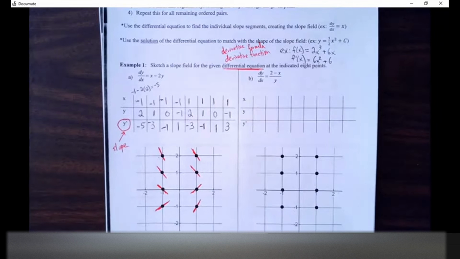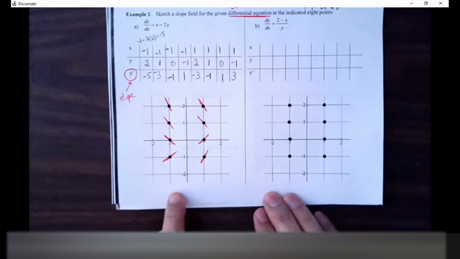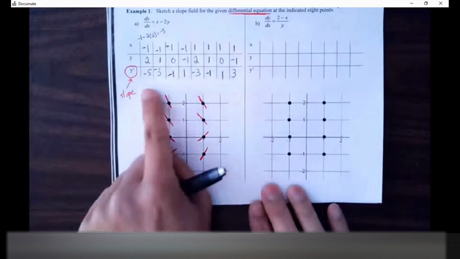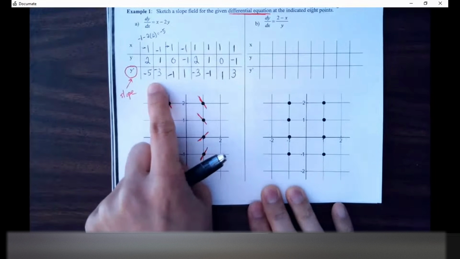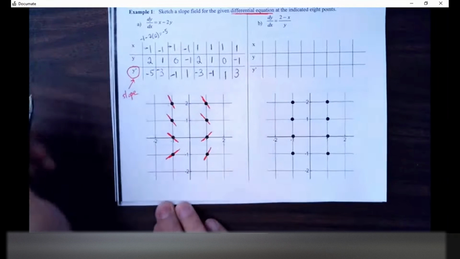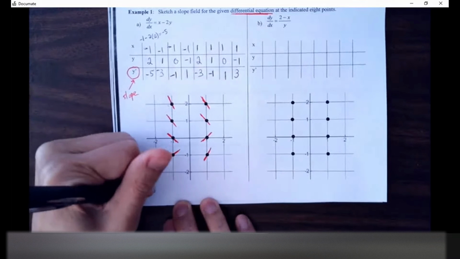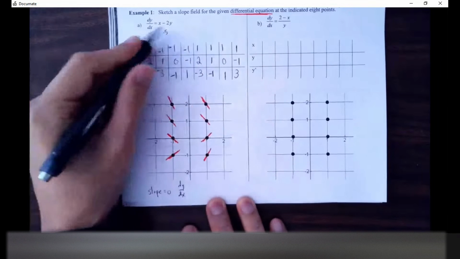Okay, any questions there? Okay, let me list out the ordered pairs. Oh, sorry, before I move on, there's exceptions that I want to talk about. So I want to put exceptions down here. All these are just non-zeros, right? Any non-zero, we know it's going to be a diagonal slanted line, various degrees of steepness. But let's talk about what happens if we're getting 0. So if I get slope equals 0, so for instance, if I end up with a dy dx giving me